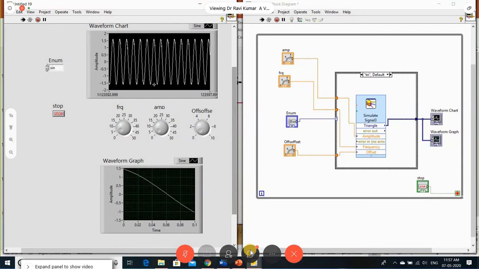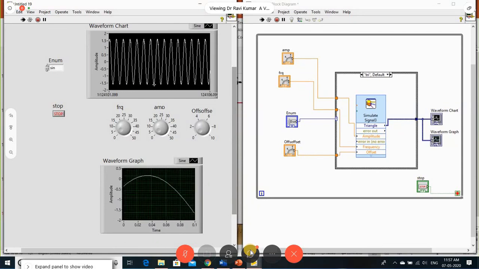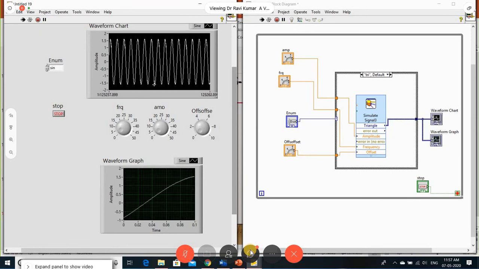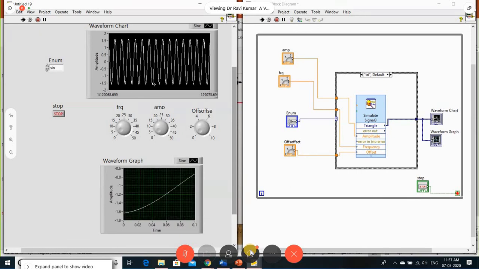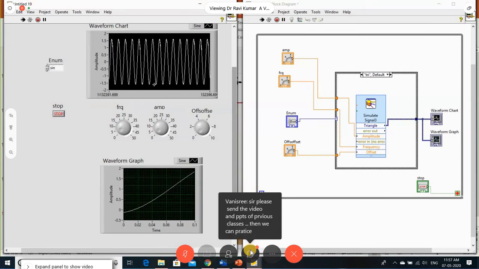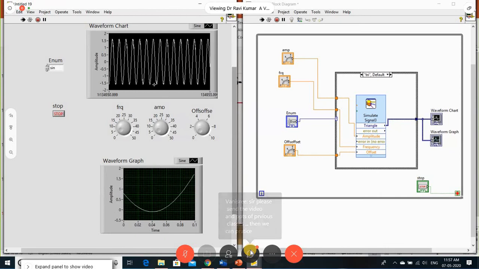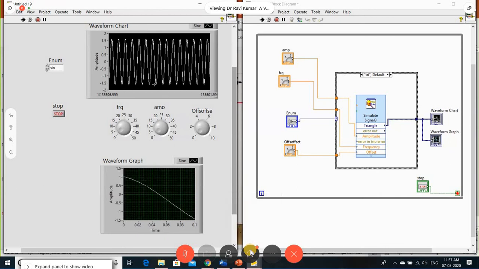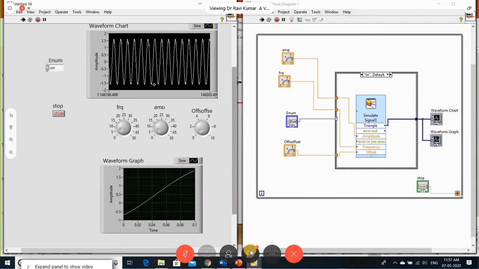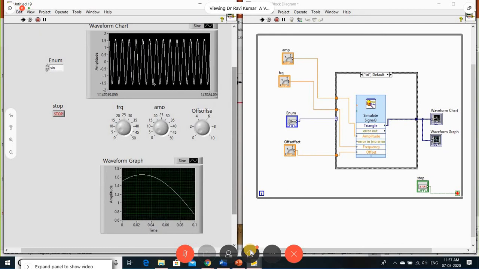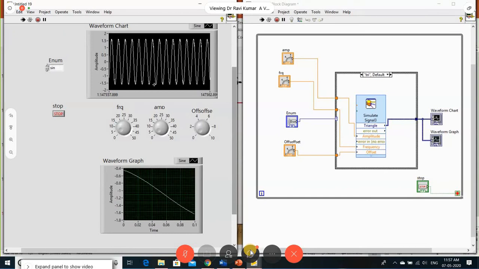Like you people are working on Arduino boards, even Arduino boards we can work with LabVIEW. That platform is supported. So you connect your thermistor to one of your analog channels, and through that channel I can read the data with respect to time. Those data I can put directly onto the graph. This is how we can do it.